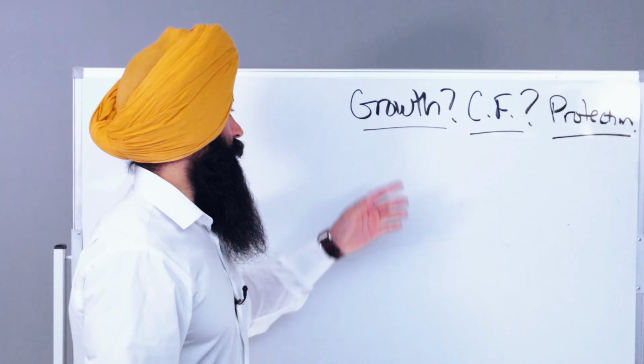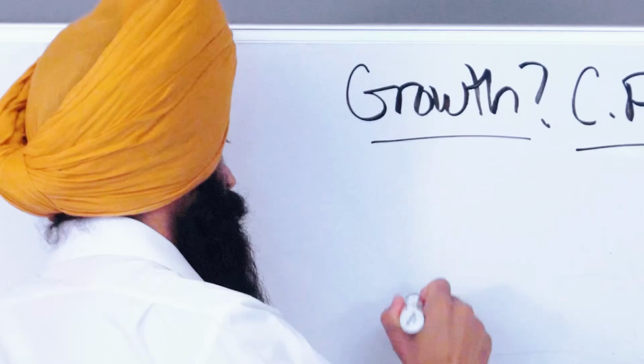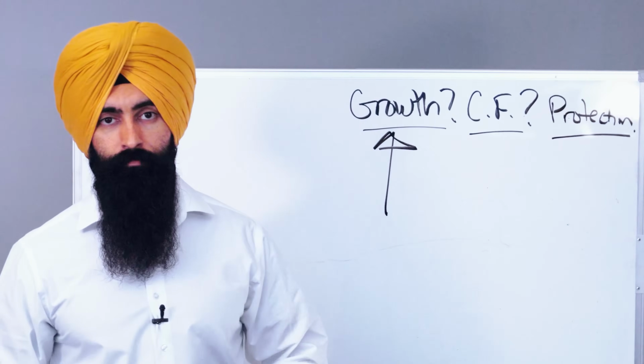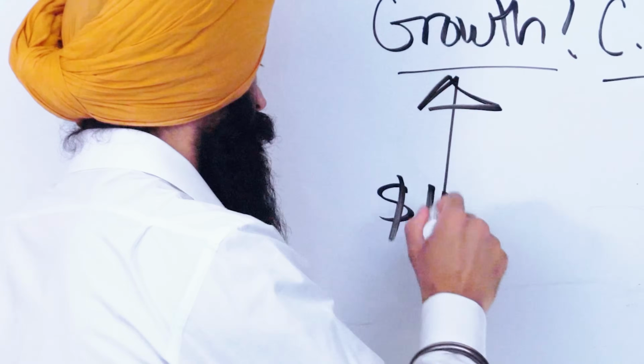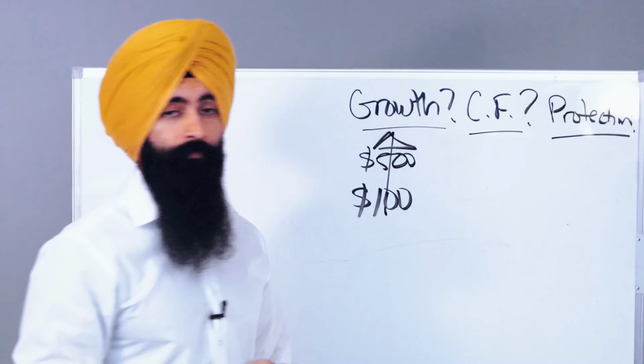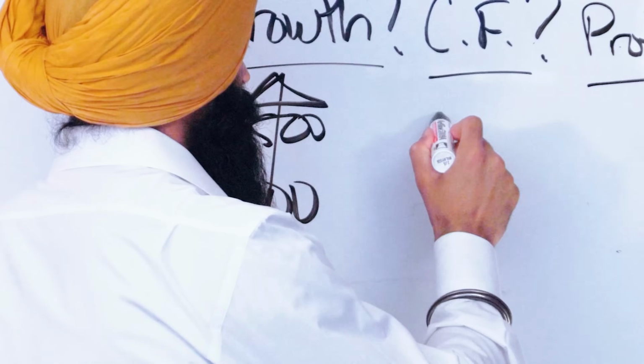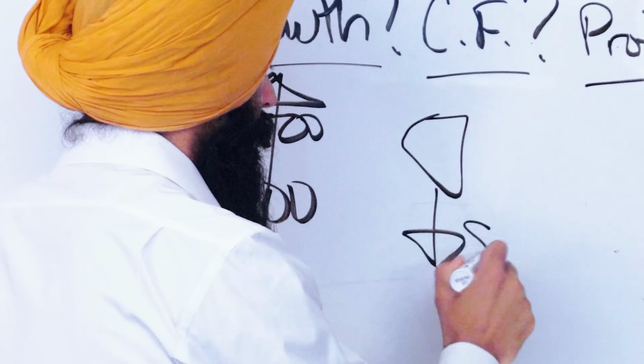If you were to go out and invest in growth, what that means is now you're going to invest in something that you think is going to go up in value. You want to buy a stock for $100 because you think it's going to go up to $500. That's what growth means. Cash flow means you want to invest in this thing because it's going to pay you